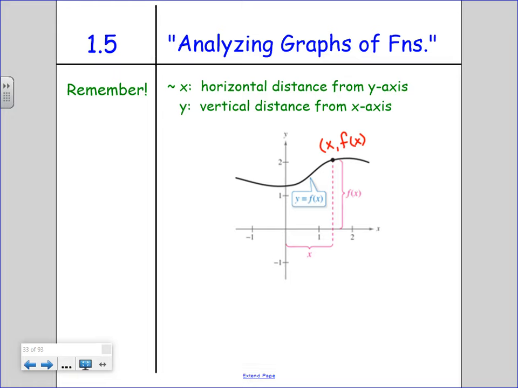Let's remember, whenever we have a point on that function, it's just kind of reminding us f of x values are technically y values. And we can get numbers for both of these. If we have a number for x, we can plug into f to get a number for y. And x is how far over you go, whether to the right positively or to the left negatively. Y is how far up we go, whether up positively or down negatively. That's just a quick reminder, and this is kind of from that weird rectangle in a semicircle problem,